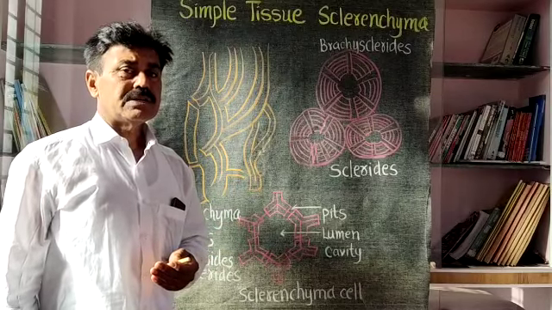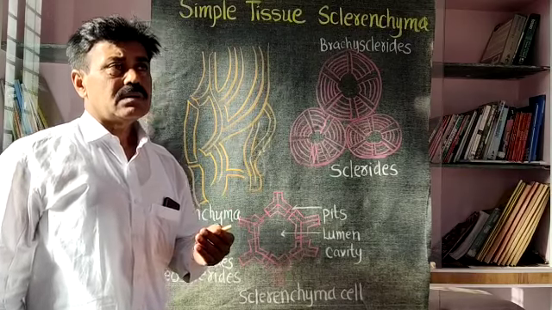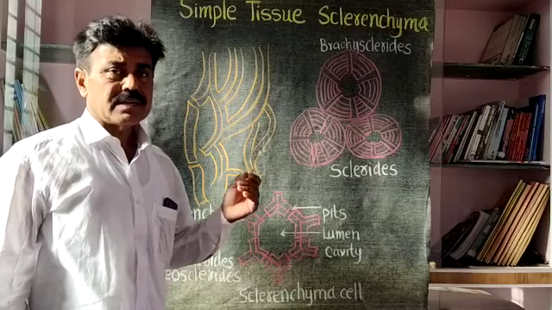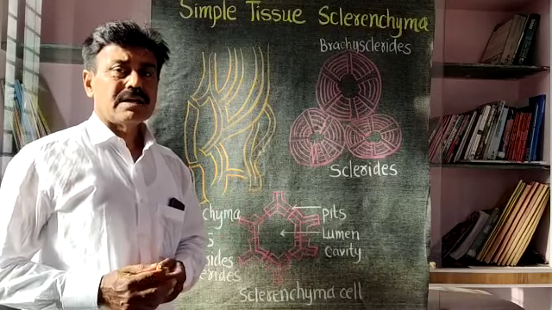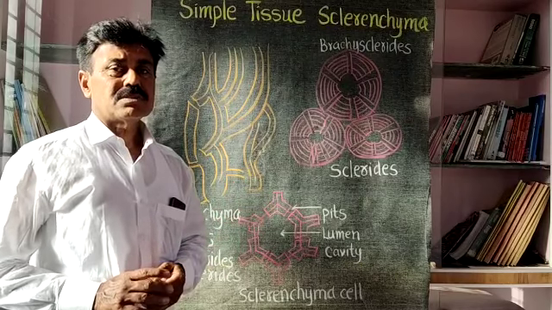In the case of simple tissue, parenchyma and collenchyma, these are the two tissues that are living tissues, and here sclerenchyma is a non-living tissue. It is a dead tissue. Why is it a dead tissue? Because it contains a